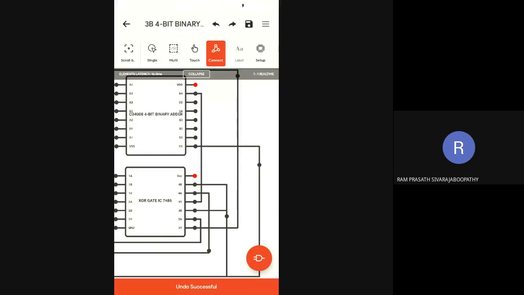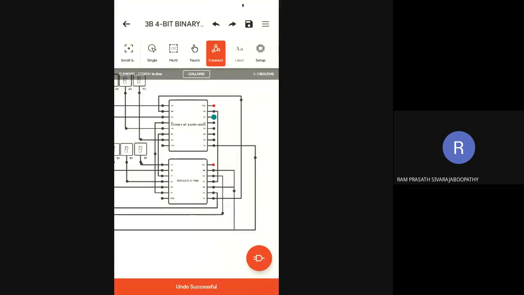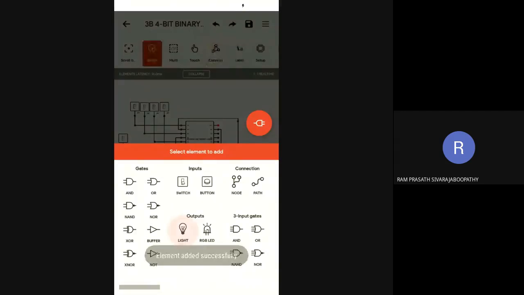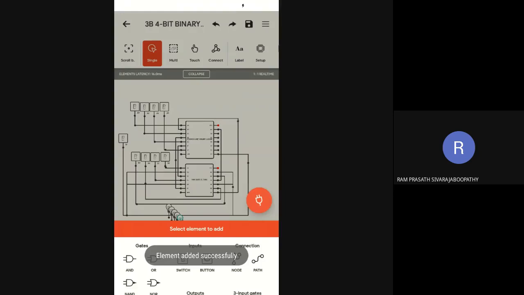Fine. So now the outputs are C0, S1, S2, S3, S4. So in our case, it is S0, S1, S2, S3. So I'm going to use LEDs. That means light. 4 lights I'm going to use. 5-1. So I'm going to place